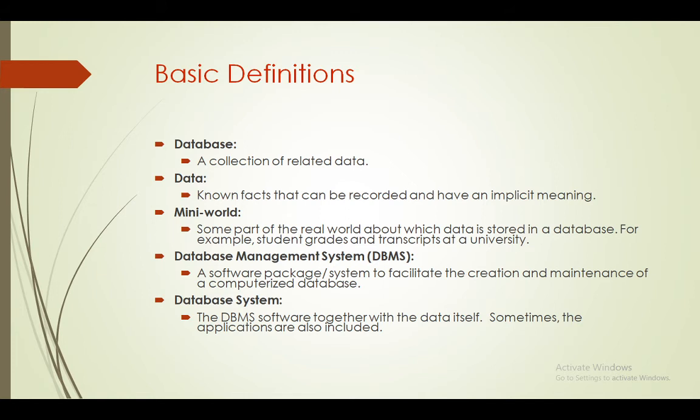What is the real world here? The faculty was working in the institute for so and so years, and now he has left the institute. So our database should represent the time when he joined, and it should have all the updates till his last day of working, and it should also indicate that the faculty is not currently working in the institute. So that is nothing but a change in the real world being reflected in the database. The changes that happen in the real world should always be represented in the database.